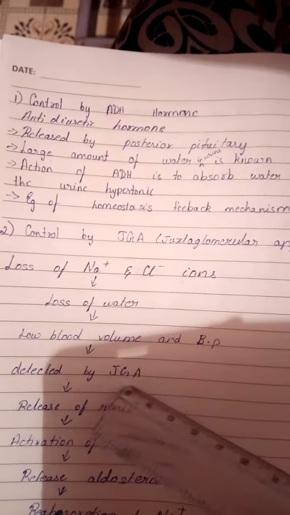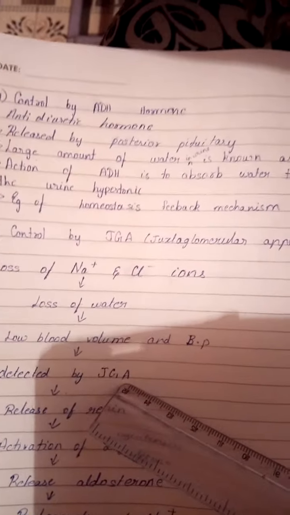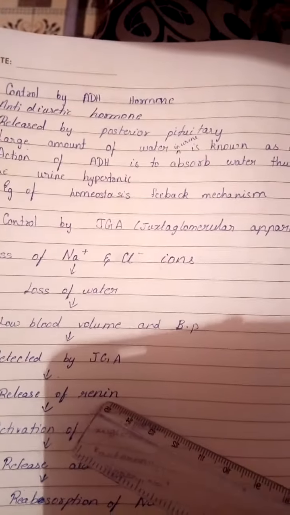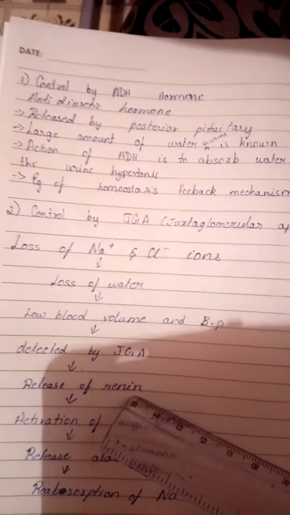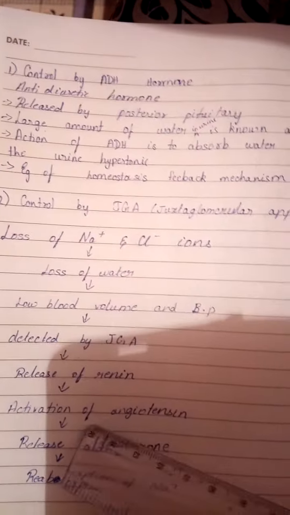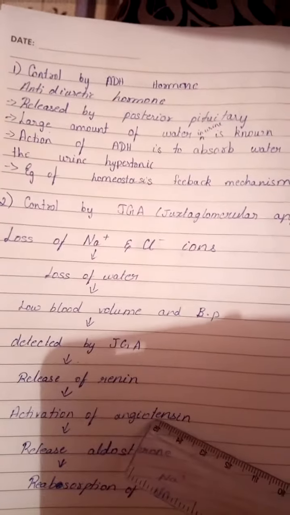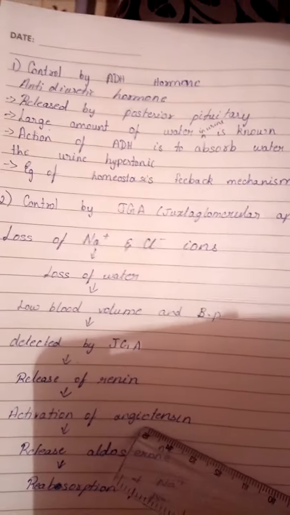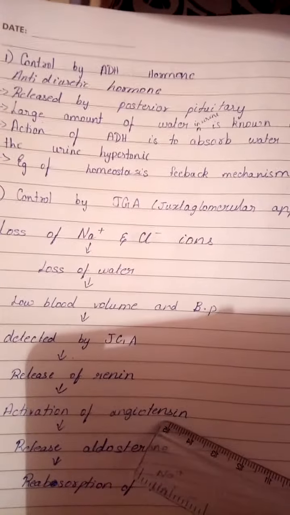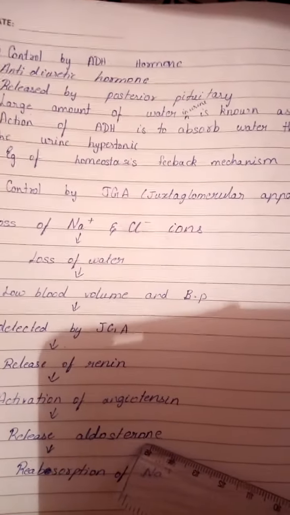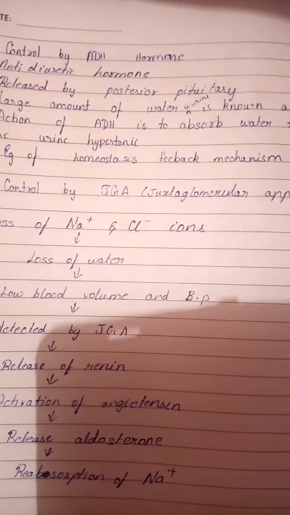This juxtaglomerular apparatus is present in Bowman's capsule. It releases an enzyme called renin into the bloodstream, and this activates the angiotensin. This renin activates the angiotensin, and this angiotensin releases aldosterone, and this aldosterone